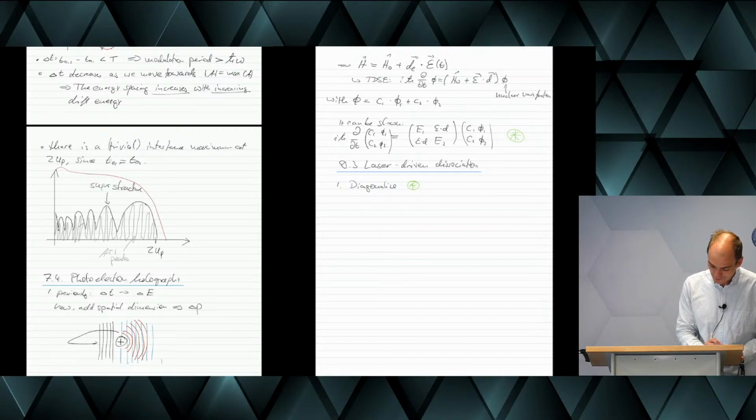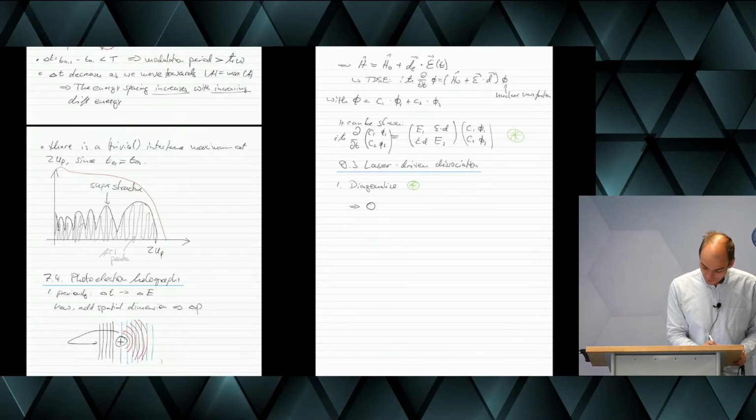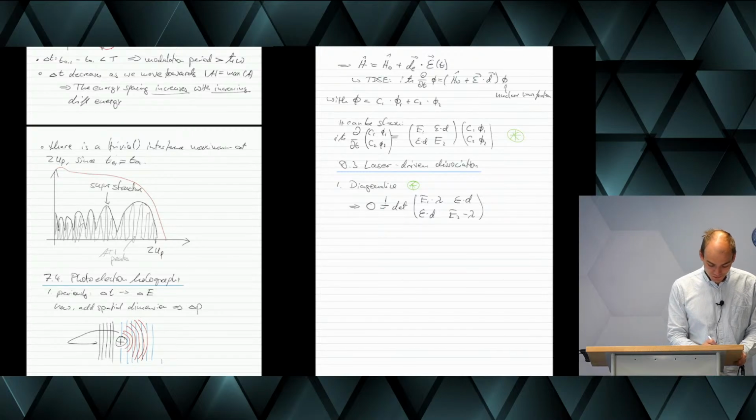In order to do this, you have to solve the eigenvalue problem. So you write the determinant of E1 minus lambda, E times d, E times d, E2 minus lambda. And the result of this